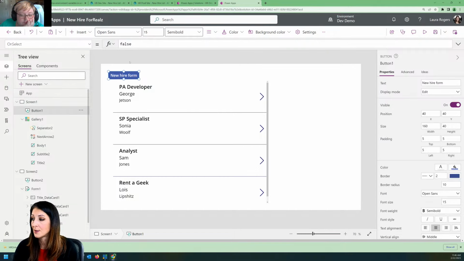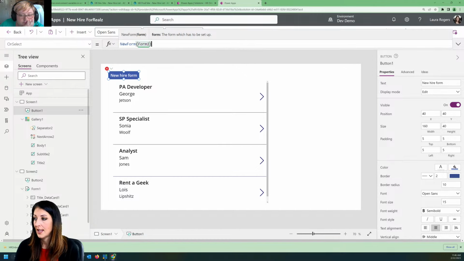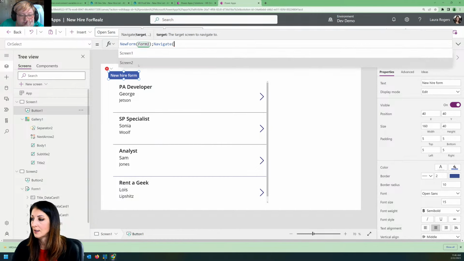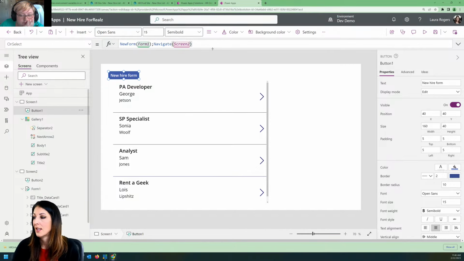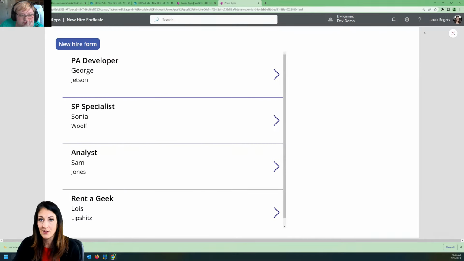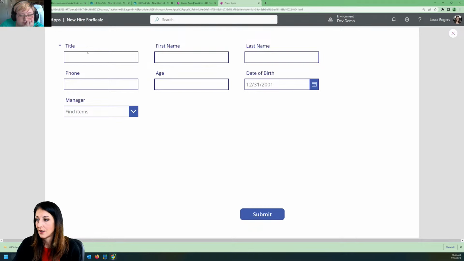And then when they click this button, it needs to send the new form command and navigate to that other screen, which I would normally be naming properly. And then we'll fill it out. So instead of closing it and all that, I'll just test it real quick. So this is going to be a SharePoint admin, Sam Smith, I don't know, blah, blah, blah. Don't care what their age is. And then the manager, I'll put me,